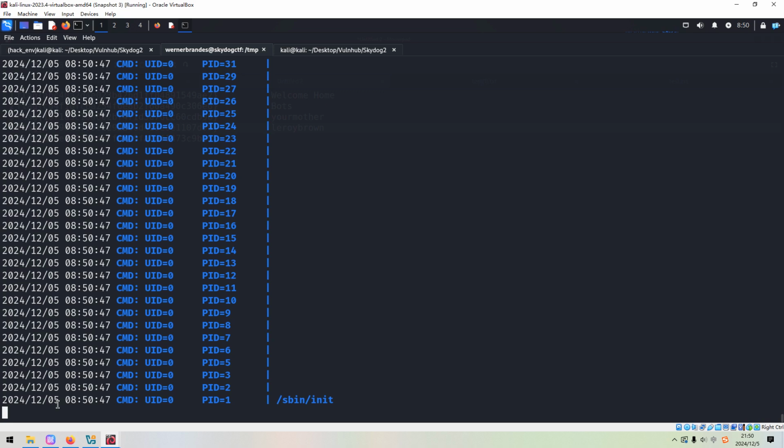This PSPY utility can print out all processes on the target, even those processes belonging to super user or root user or other users rather than the current user. So I think running this PSPY is also a very useful and important technique when we try to make lateral movement or privilege escalation.